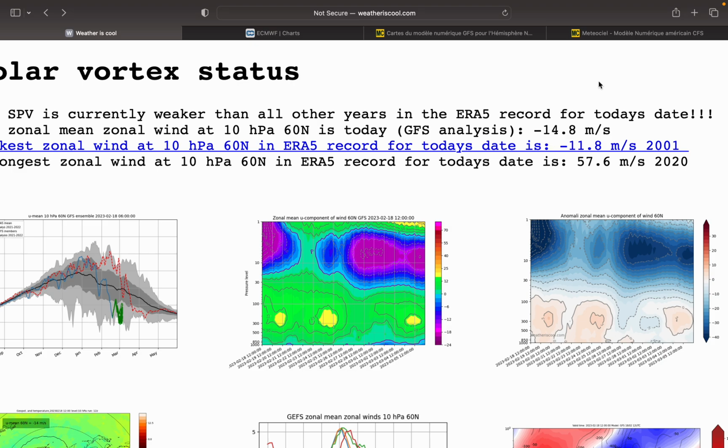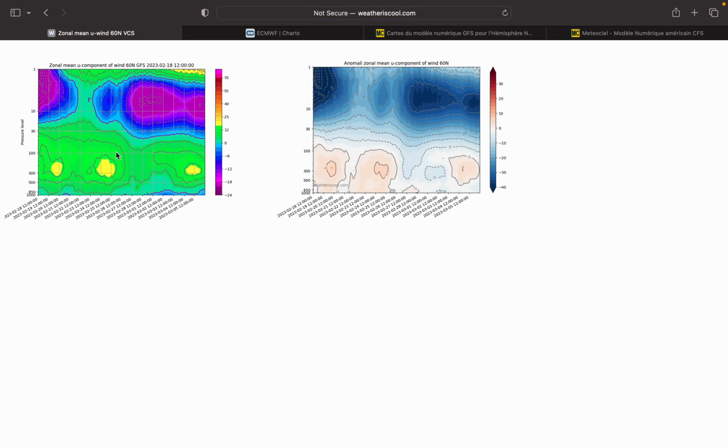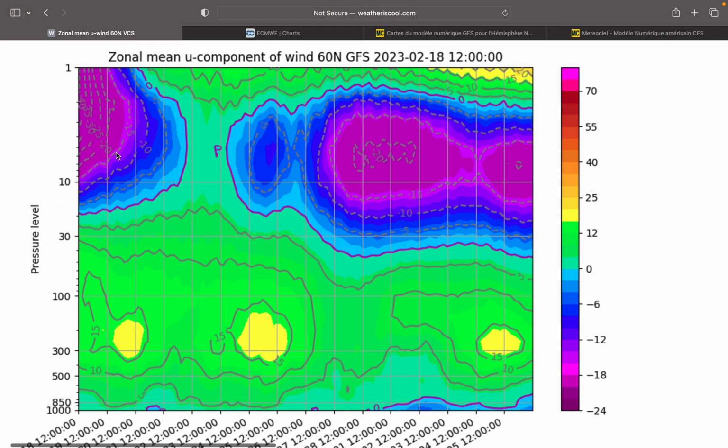That will rise up before collapsing again. And we may be at around minus 16 next time this happens, next time we reverse the winds up at 10 hPa over the North Pole. So a lot going on. Also, this chart is quite interesting. So if I zoom in on this,